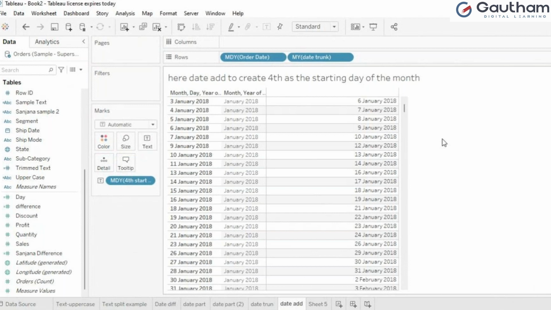If possible, tomorrow I'll explain number functions. Number functions are also the same, and very easy compared to this, because number functions are like average, sum, and all. I'm avoiding that because we can create table calculations using it. Why go and create complicated calculations when table calculations are readily available for us? If I use a table calculation, a triangle mark will be available here in the rows or columns, or in the marks card. Only there can I see that. Whenever I see that, it means that the previous employee or you created table calculations.